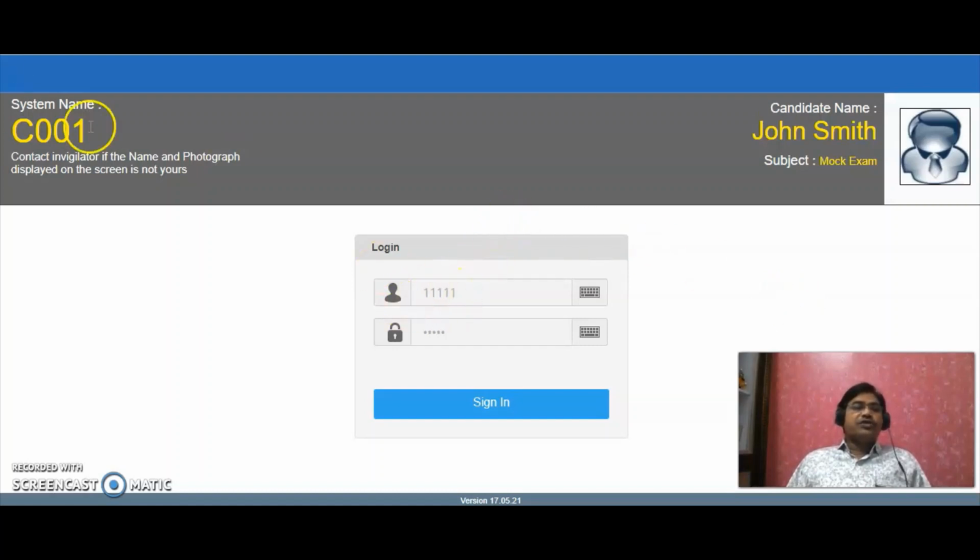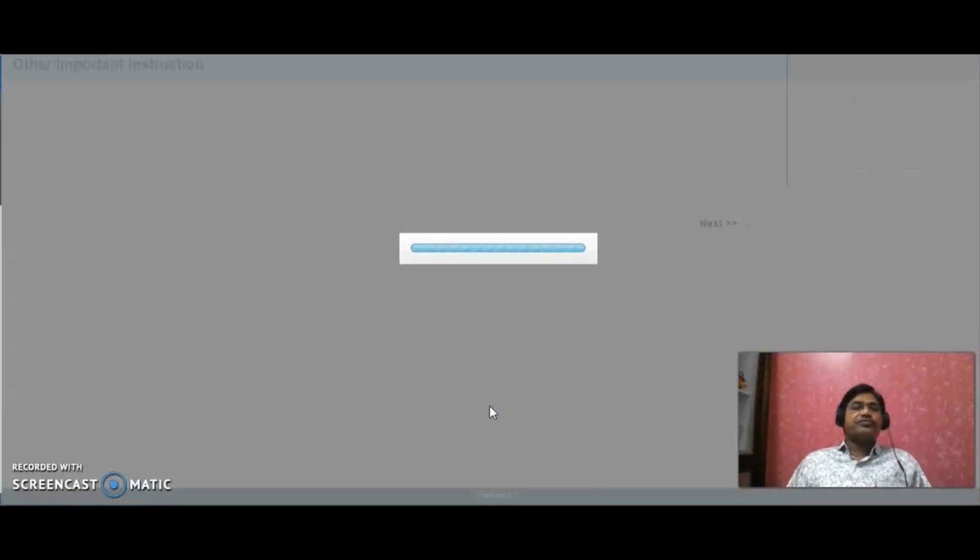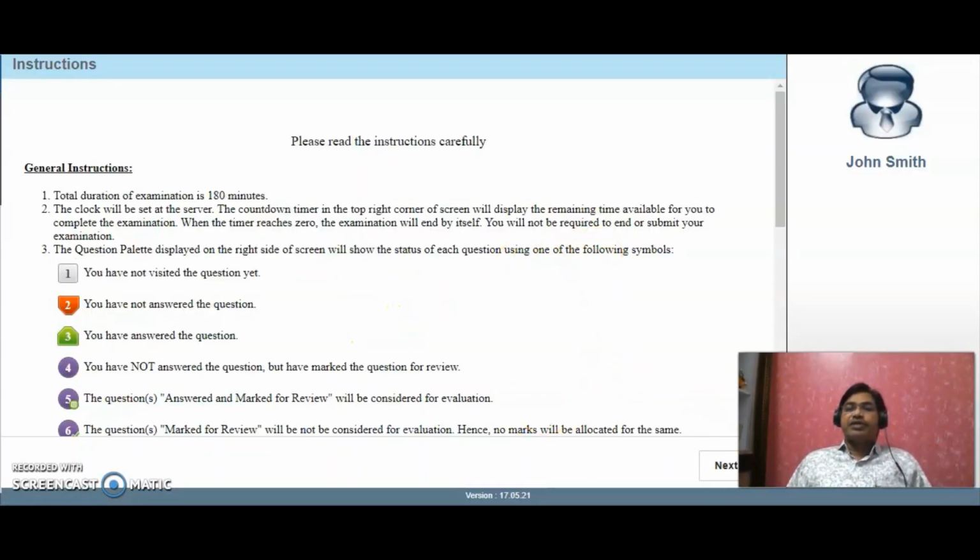I already told you this is the first page on the screen. When you go to the examination hall, you have to enter your credentials, your hall ticket number, and password. After signing in, you will get your photo here, your name, and the subject name. If you are writing chemistry, you will get chemistry; if physics or political science, whatever the examination, it appears here. Now let us see, after writing all these credentials, you sign in. Then after sign in, you will get this page.